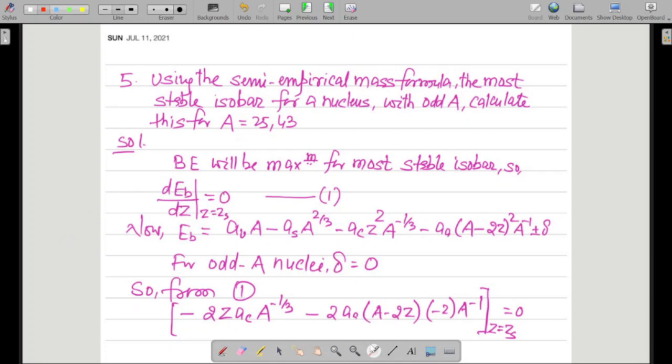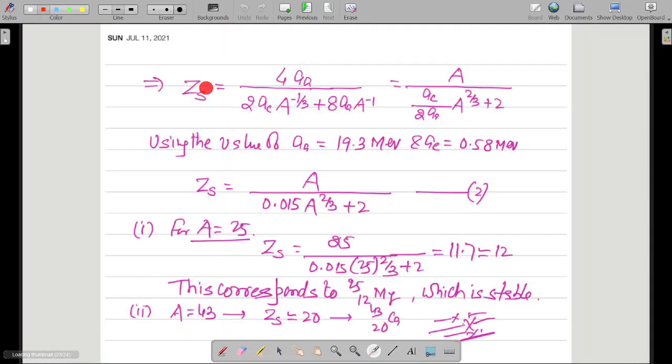So applying the maxima condition, that is single differentiation equal to 0. This is the expression which you get after differentiating with respect to Z one time, and we will substitute the value of Z. Instead of Z we will put Zs and find out its expression. As soon as you find the expression for Zs, you get something of this kind. Over here just multiply numerator and denominator by a, so that it comes out in a comfortable form.